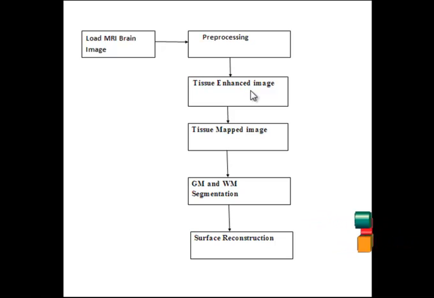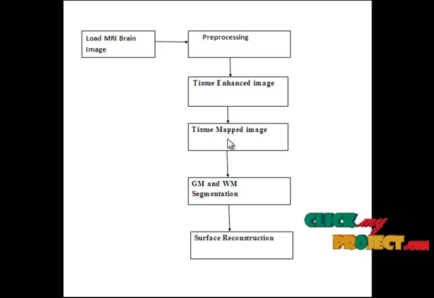Here we identify the tissue enhanced image based on the Hessian matrix. Hessian is a square matrix of the second order partial derivatives of a function. It describes the local curvature of a function of many variables. After identifying this tissue enhanced image, it will pass to the tissue mapped image. So a group wise implementation for the average atlas building. Then we describe how segmentation can be used in this framework to constrain the brain and the MRI registration.